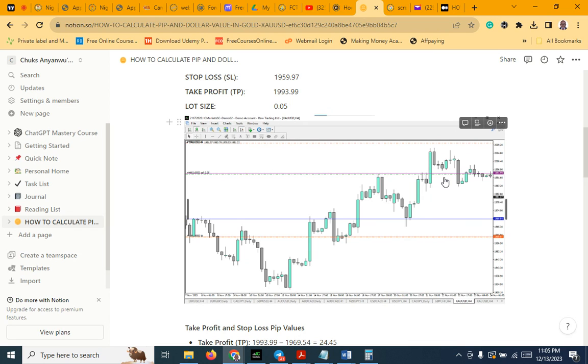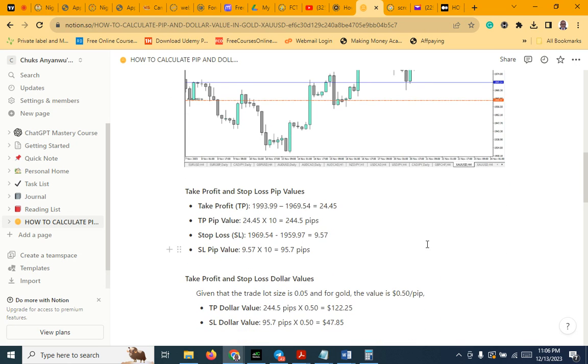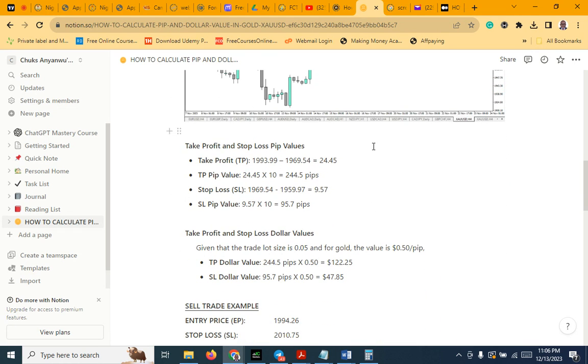So that if the trade goes against you, you're going to lose what your stop loss value is in dollars. And if it goes in your predicted direction, you're going to make what your take profit value is in dollars. Okay, so that's why it's important to know how to do this calculation. Given all the information above,